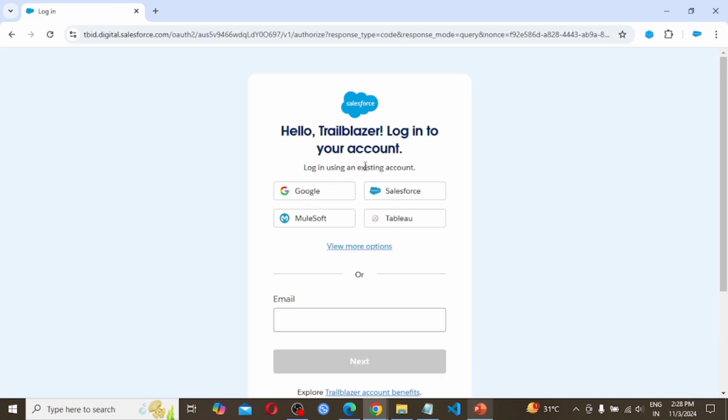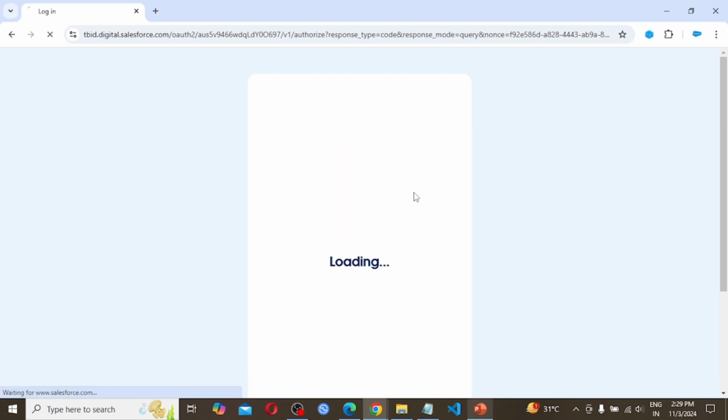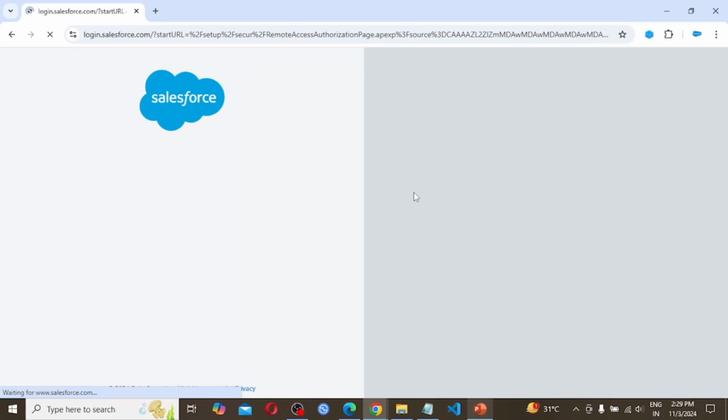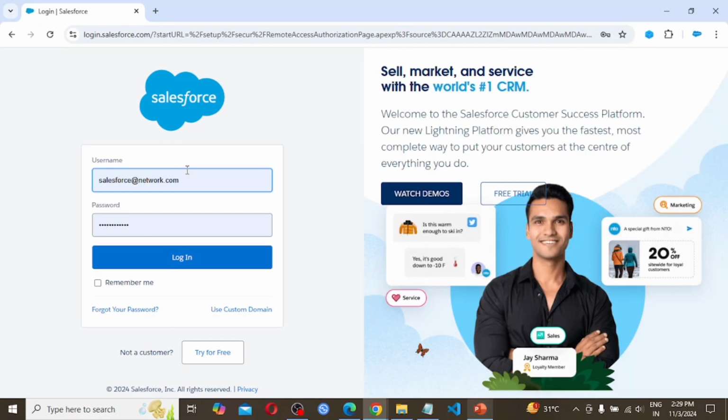So there are ways to log in with a Trailhead account. By Google or MuleSoft or Tableau, or with the Salesforce account as well we can get logged in. So we are going to log in with a Salesforce account. So already we have a Salesforce account.